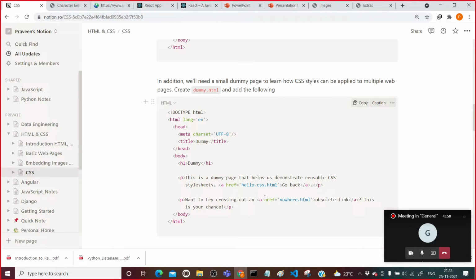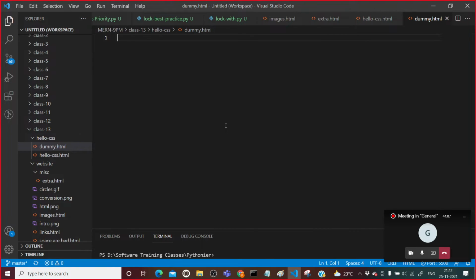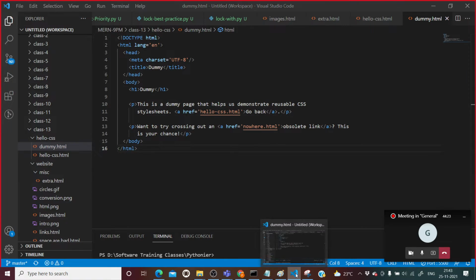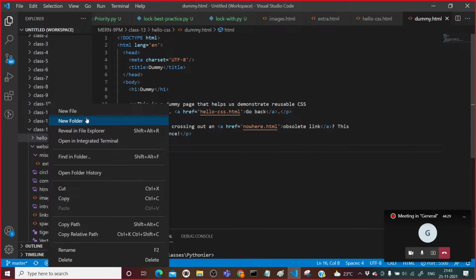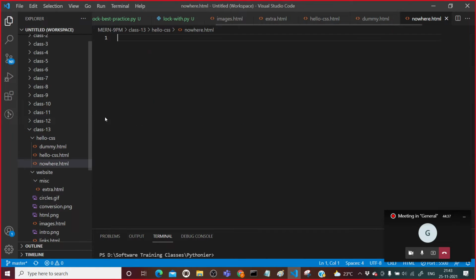I don't think I need to explain those again, because unnecessarily it will take time. I have also included one more page, nowhere.html, so I will create one more file called nowhere.html. Fine, this is what I have created.